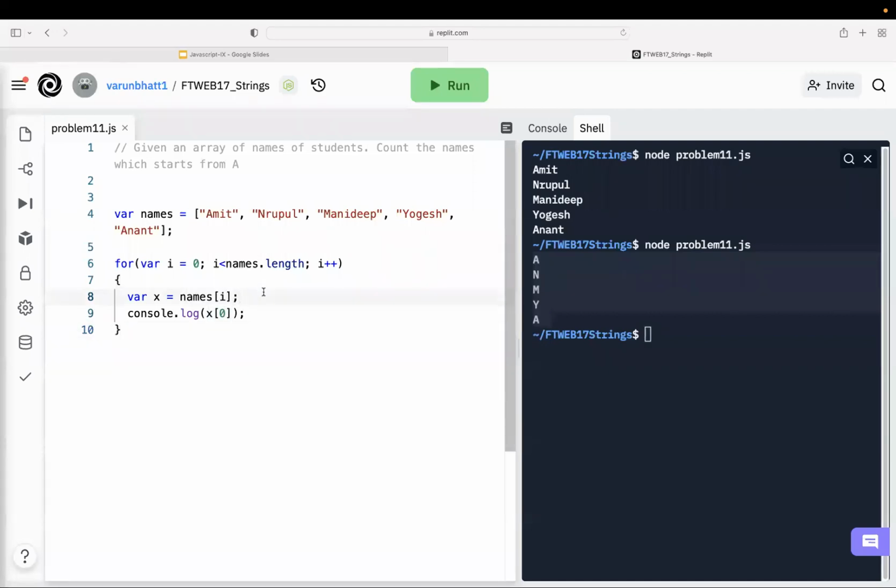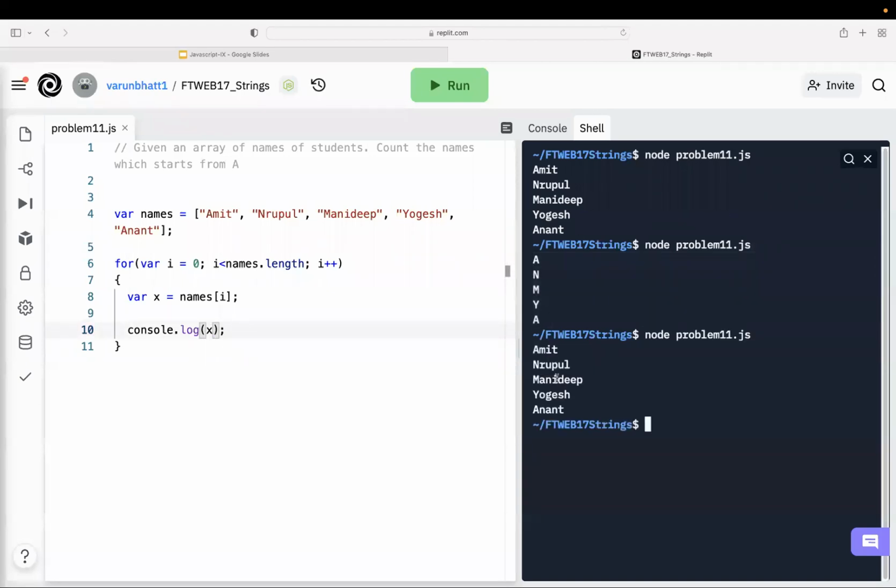अरे क्योंकि x is containing the variable ना, अगर मैं x रखूंगा, even if I just print x, so in that case it will give me the name. और अगर मैं रखूंगा x0, so in that case what it will give me? It will give me the first character. If I print x, it will give me the complete name. If I just write x of 0, then it will give me the,